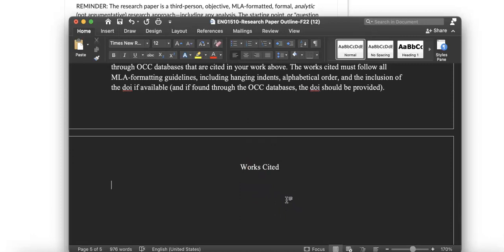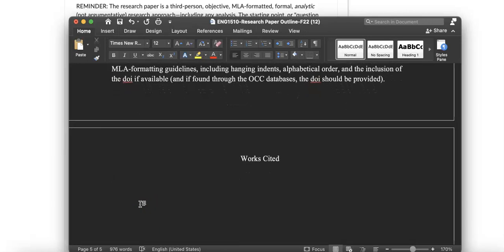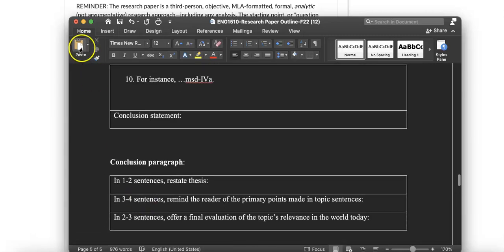Then the works cited page should be down here as follows, and just like the requirement on primary points of support, they need to be in MLA format. So that means anytime we have a citation on here, it's got to be left justified at the margin, and every line after the first in your alphabetically ordered works cited entries, every line after the first in each entry, has to be a hanging indent. There's a chapter page in the reading on MLA that shows a visual of this, and I went over that in last week's overview. Make sure you follow through with that.